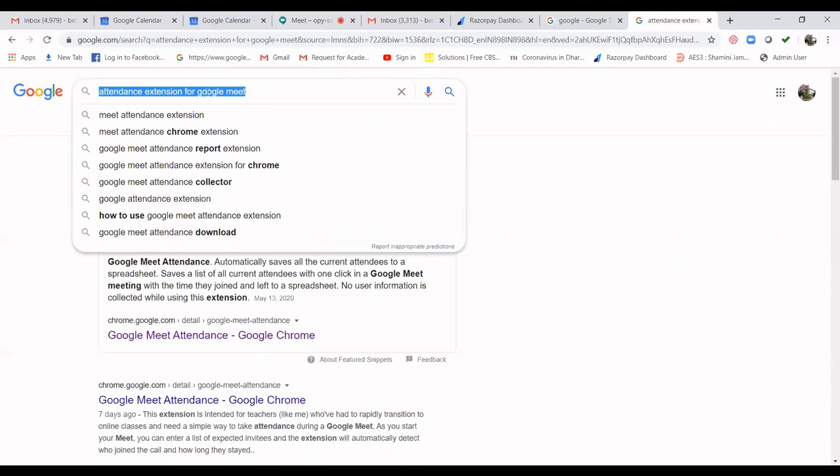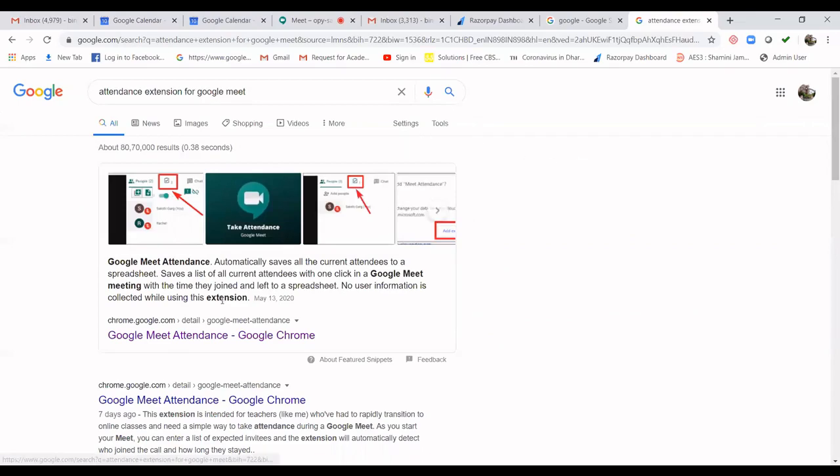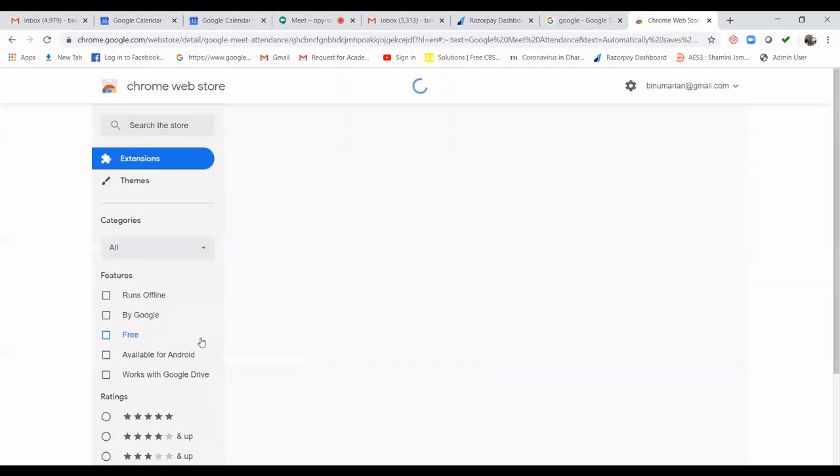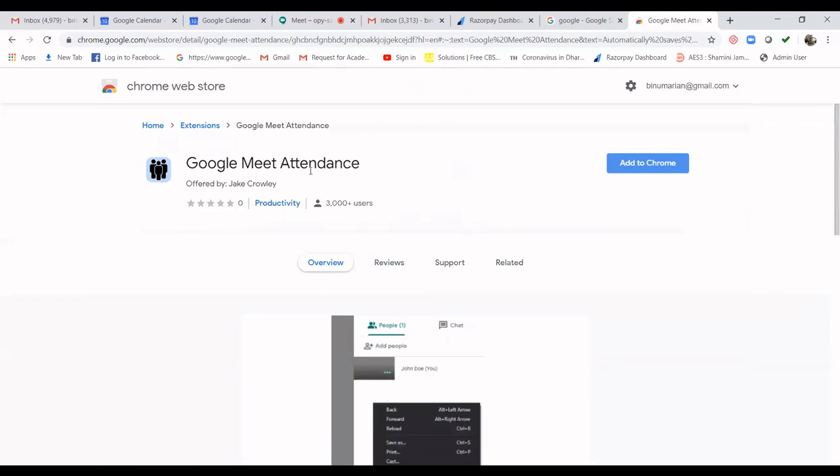So you search for attendance extension for Google Meet, and we will be getting an option, Google Meet attendance, Google Chrome. You select this, and we will come to another option where we will have add to Chrome.